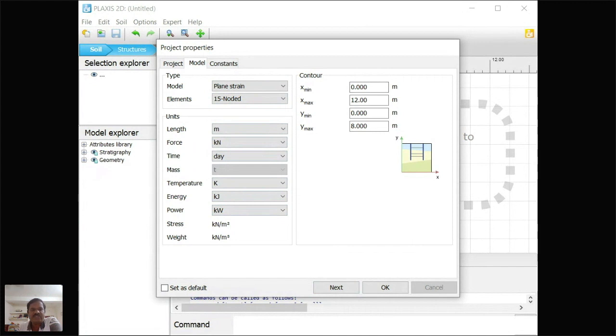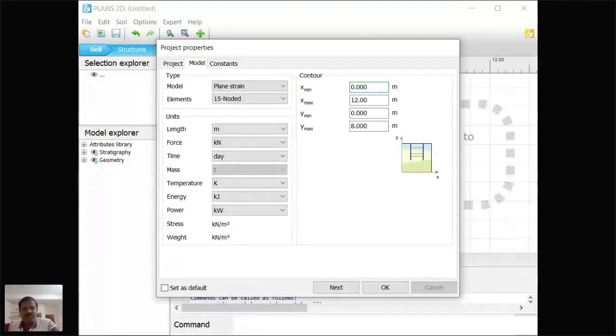Here the contour is the limit of your working plane. That is, in the x direction how much you need, and in the y direction how much limit, the total number of layers or the total depth you need within this limit. Why this limit? Because our screen will then be properly arranged. Otherwise the screen will be very huge and our model will be very small. It is inappropriate, so better to limit the boundary as needed. In the same way you need to limit these values.